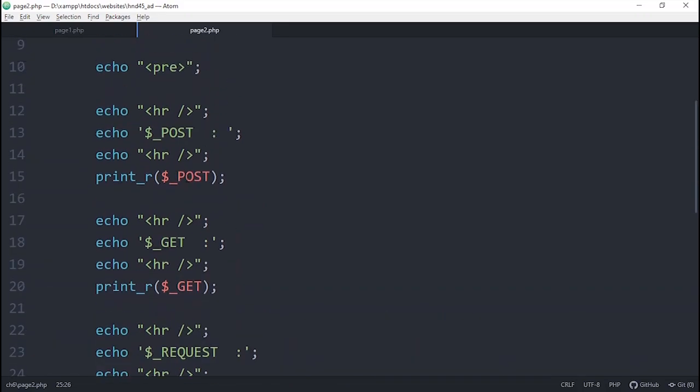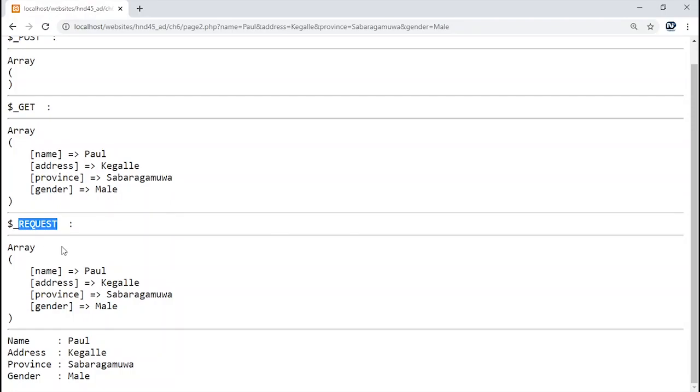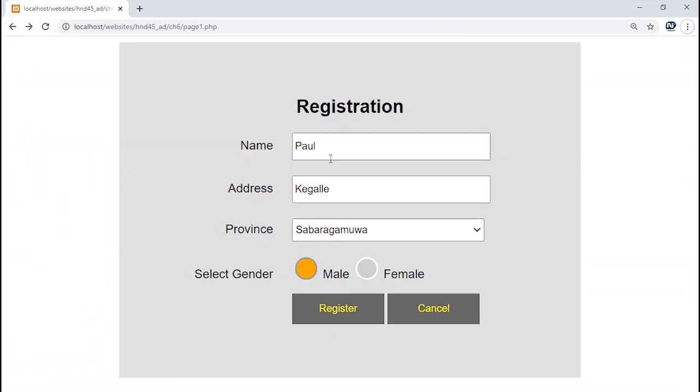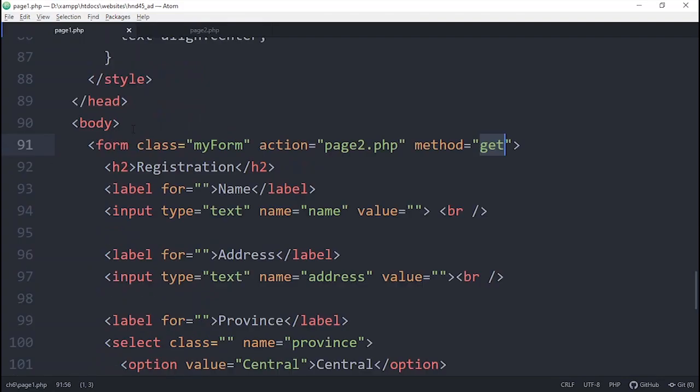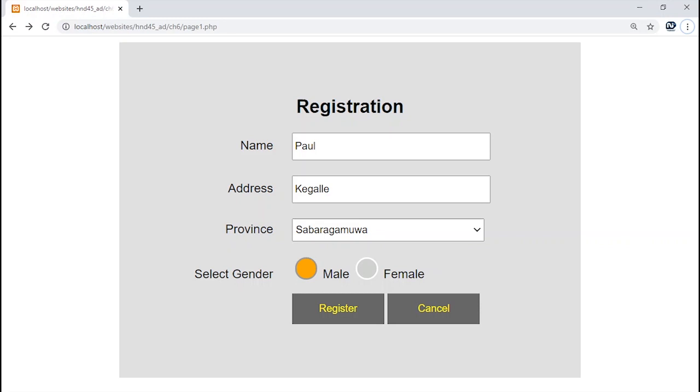So we talked about what happens when you click on this button. Information is getting copied to the server's built-in arrays, that we understood. In order to view the elements, we are using the print_r command and giving the corresponding array, so we could see the information inside. Actually this is a type of debugging code. Let's change this back to post, and once more we will try this and see what's happening.